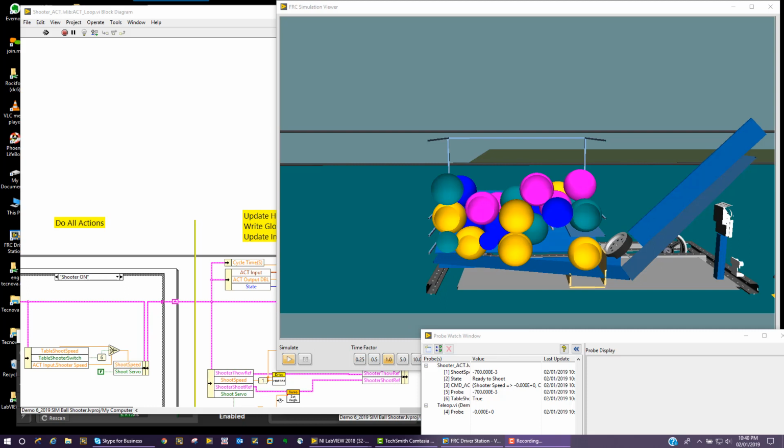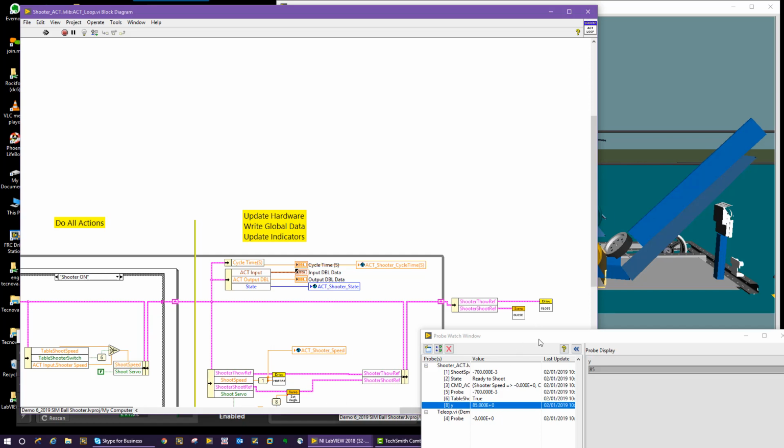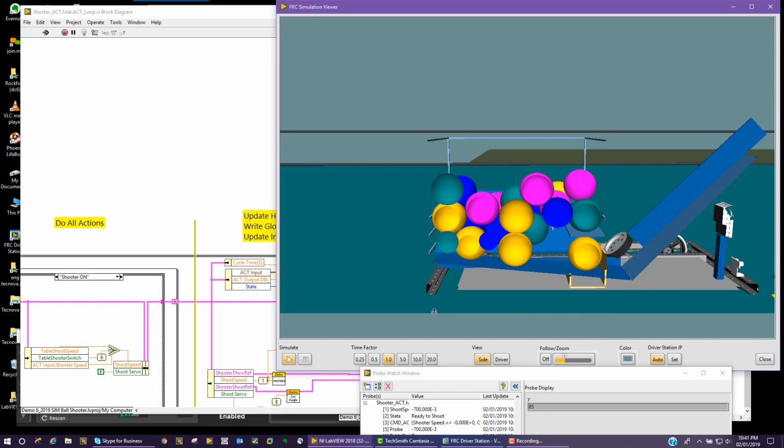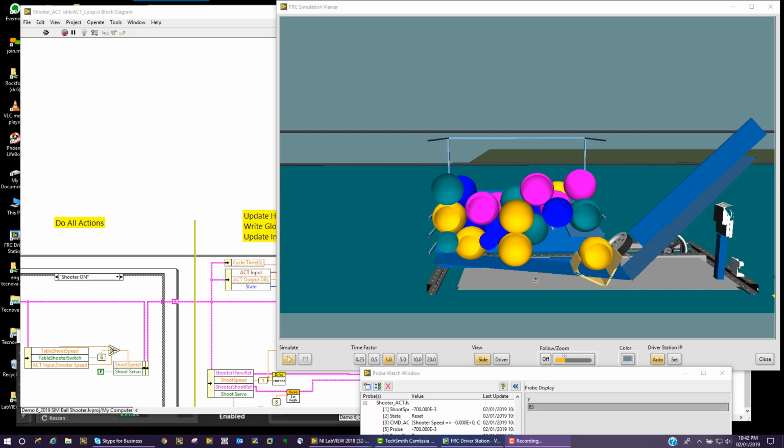I'm going to probe here on my servo angle, which shows that I'm at 85. Alright, and then I'm going to press my green button and see if the servo activates. It goes to fire, reset. I'm ready to try to fire again. You see that my states are doing what they're supposed to, but my animation is really slow and not keeping up. It tries, but